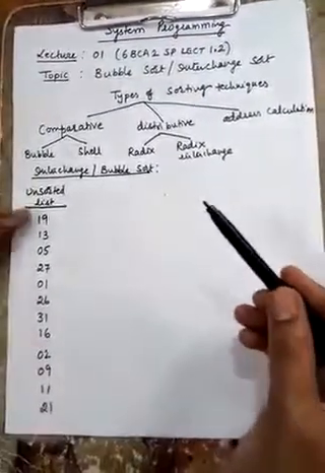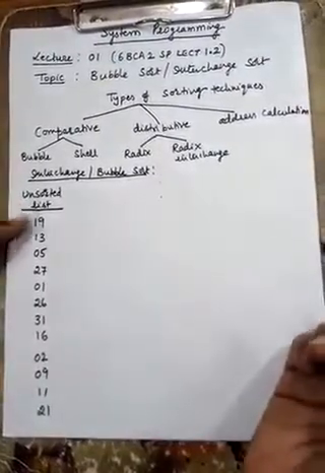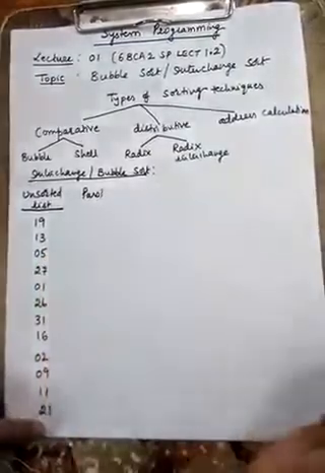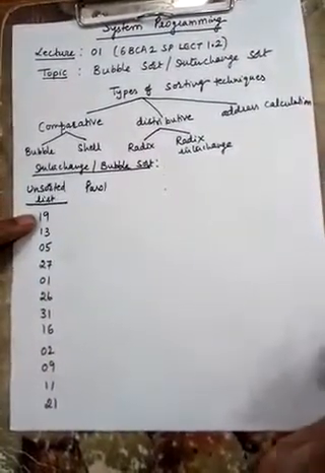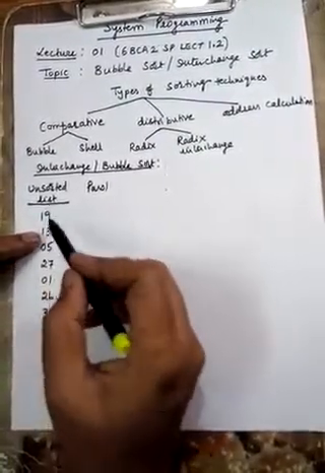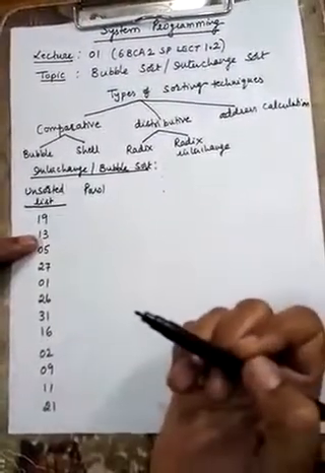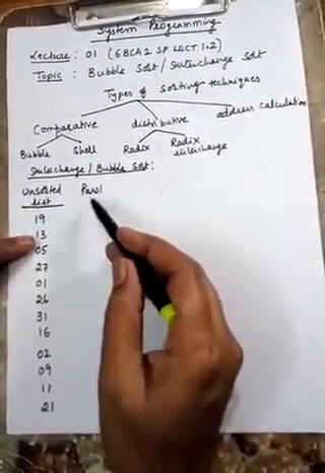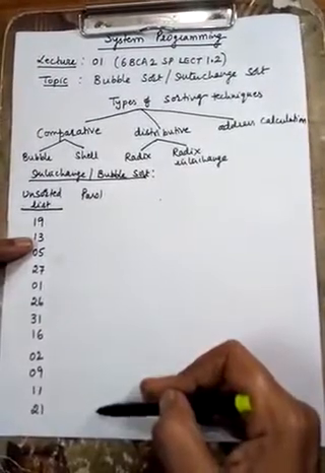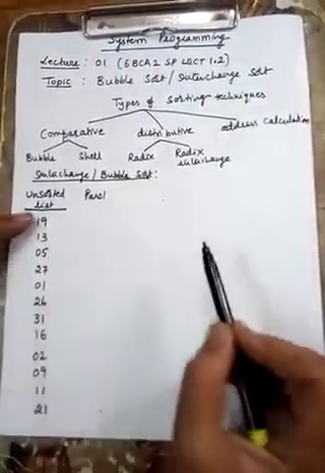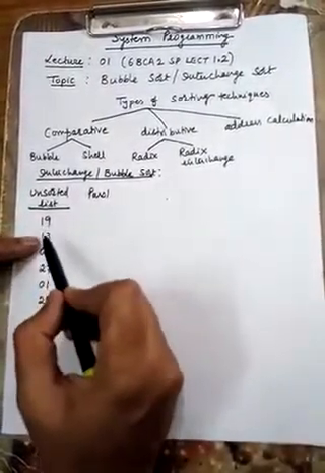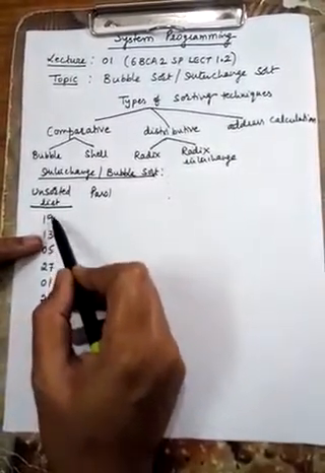So now we take this example. These are the elements. In the first pass we'll start with the first element. The first element is compared with the next element. We want to sort the table in increasing order. So in pass 1, the highest element in the table will come down to the last position. For that we'll compare the first element with the next element. If the first element is greater, then the order must be exchanged.